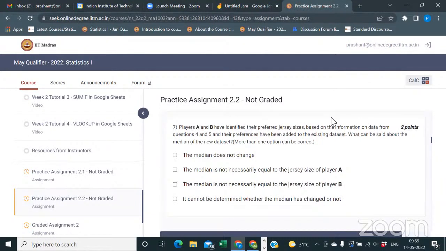Players A and B have identified their preferred jersey sizes based on the information on data from questions 4 and 5, and their preferences have been added to the existing data set. What can be said about the median of the new data set? Okay, can you tell me what should be the correct one according to you? I had marked